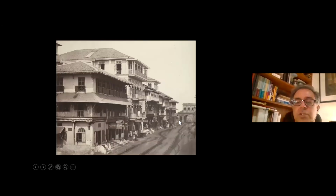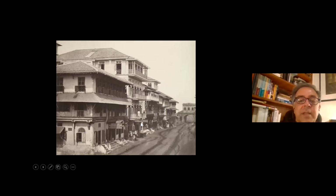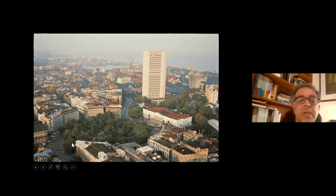This is a picture of Churchgate Street and the actual Churchgate. This would be roughly where the Flora Fountain is right now. You can see the Bombay Times and Standard Office. I think one of them is a watchmaker. But none of these buildings actually exist now, even if you look for them. Again, this is a view looking back on Horniman Circle,